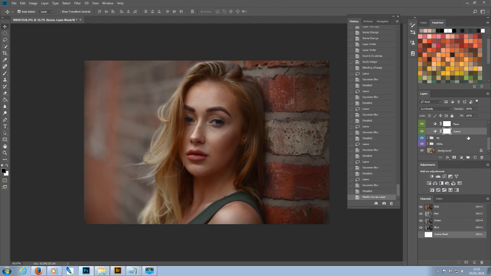Now I'm going to use my curves layer adjustment mask technique with my black brush selected, and I'm going to select an opacity of about in the middle, fairly low flow. 23 is probably okay, around the 20s, and then I'm just going to brush onto the subject,